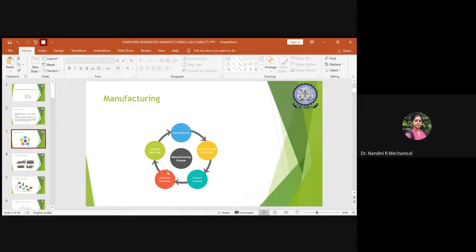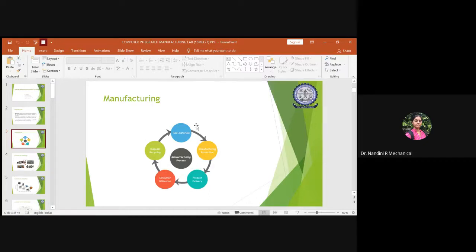So everything is interconnected, from raw material to the production, delivery of the product to the market, many marketing strategies, how you deliver the product to the market, whether it has been utilized by the customer exactly. Every product has a deadline and a life cycle period. Once that life cycle of the product is completed, it has to be disposed. Once it is disposed, it has to be recycled if it is a go green policy kind of product. Again, all this depends upon which type of material you are selecting. Is it eco-friendly or is it toxic to the environment? So all things play a very vital role in manufacturing.